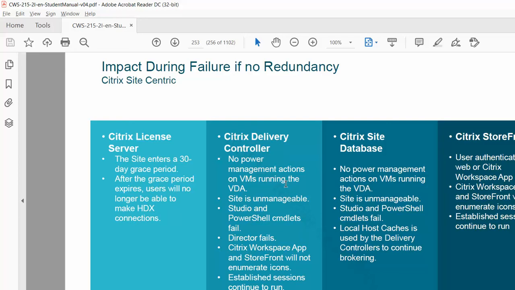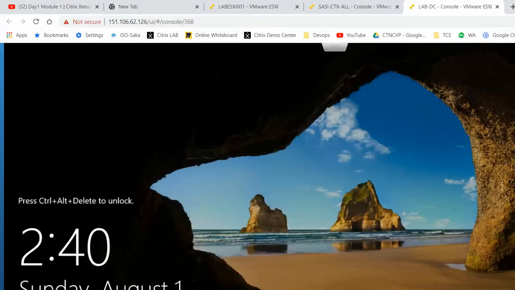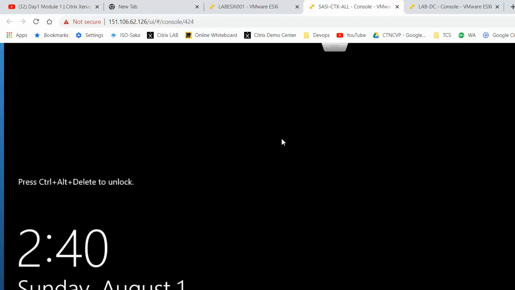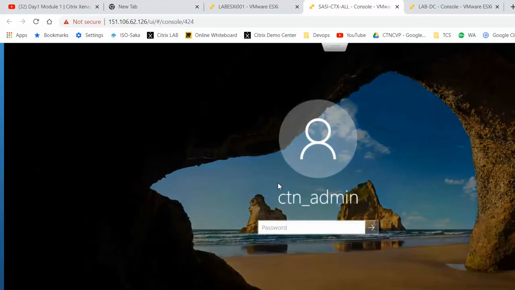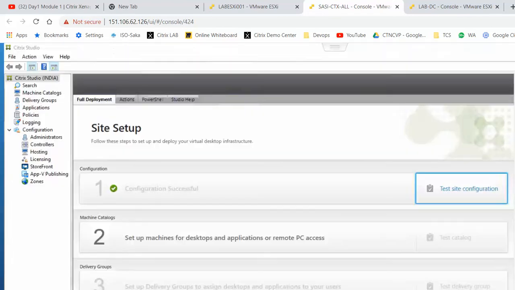Do we have to enable the local cache manually, or will it happen automatically? Perfect question. Let me answer Kamlesh's question. I am now on the Citrix Studio server. Let me log into the server first. What was the question? Whether the Local Host Cache, LHC, is enabled by default or we need to enable it manually. Okay, let me show you the answer.